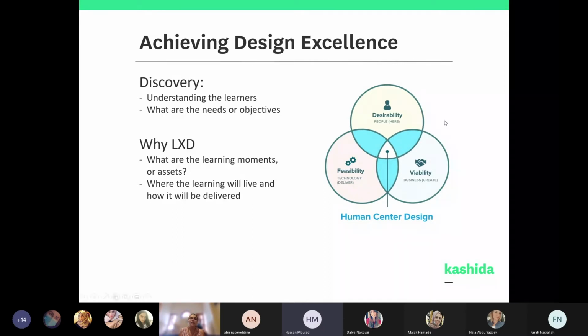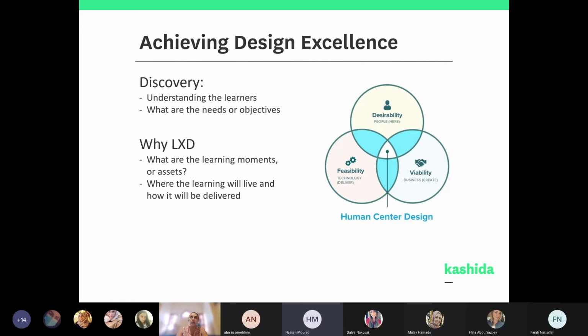Go ahead, Ruba. Yeah, so we have a process that we conduct when doing any discovery or initiation of a program, and that is basically to understand who the learners are and what their needs are, and then what needs or objectives we want to reach from a high level for the program. So let's say we need them to be able to successfully go through incubators or find funding as entrepreneurs. We identify what the needs are, and this is where we really explore with subject matter experts, the intended audience, and the stakeholders what we want to achieve finally.